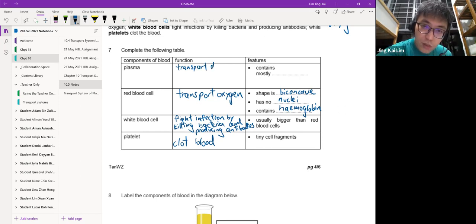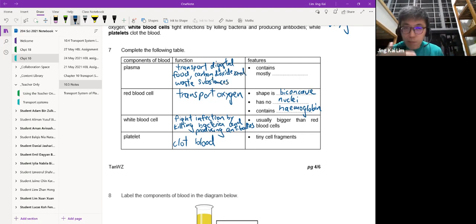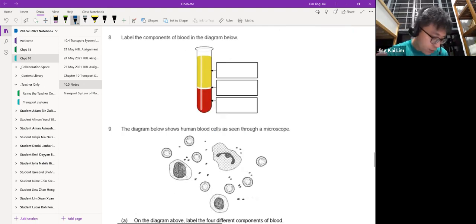digested food, carbon dioxide, waste substances. So plasma is actually carrying everything other than oxygen, right? They contain mostly water. Okay, so if you look at the way that the blood is split, like in